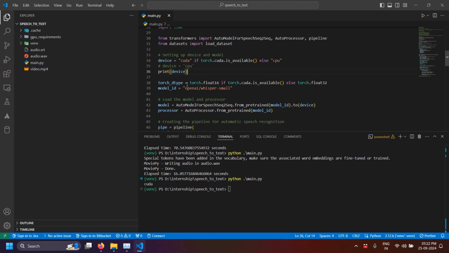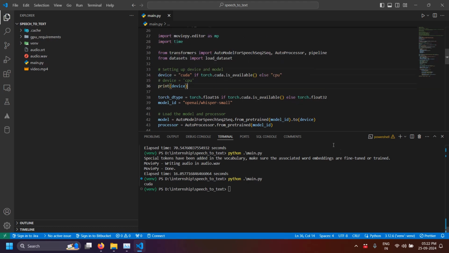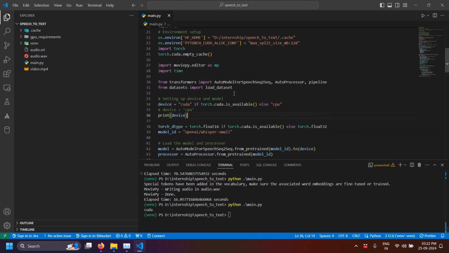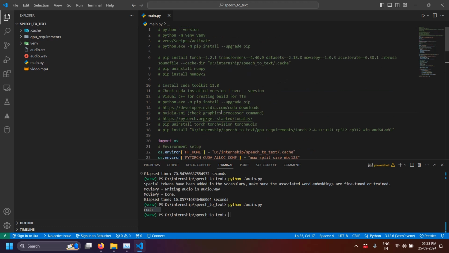If you don't have the drivers, then you will see CPU here. This same line will output CPU if you don't have drivers installed. Now I will show you how to install the drivers. Okay, so let's see. First thing,